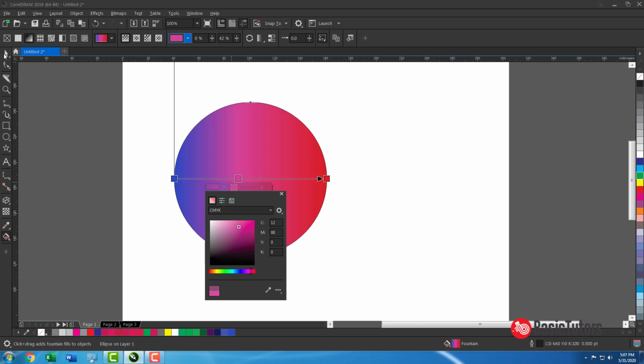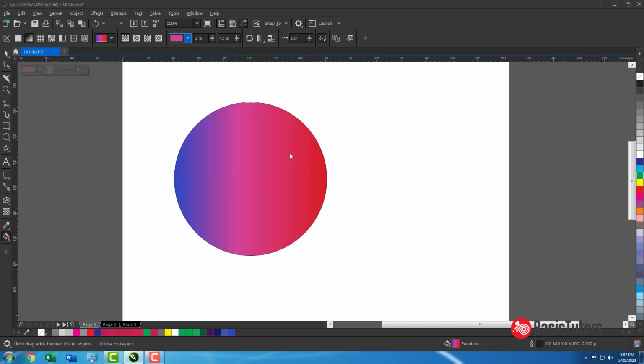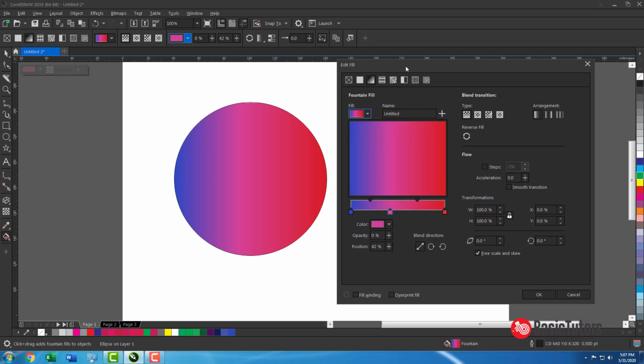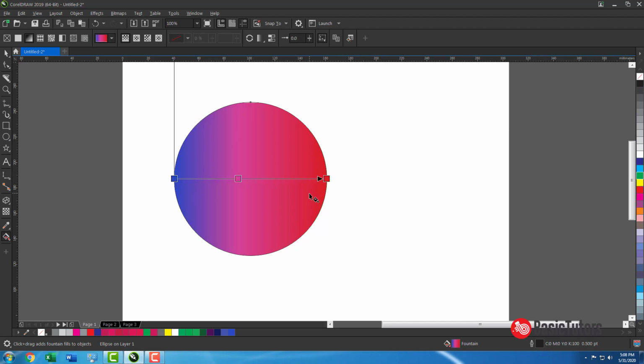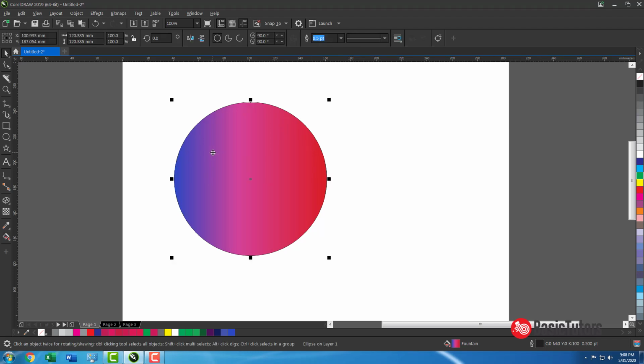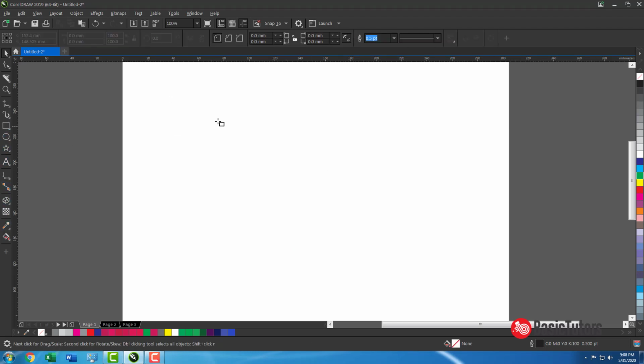Fine. Also, there is a fill dialog box. From there also you can select and make things. Okay, fine. This is linear, the linear color fountain.